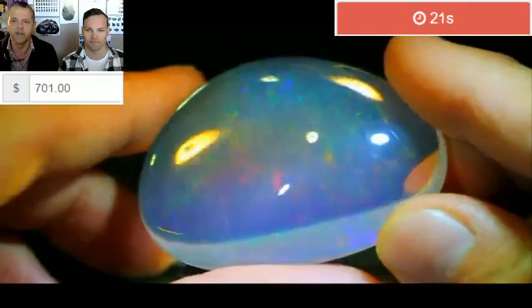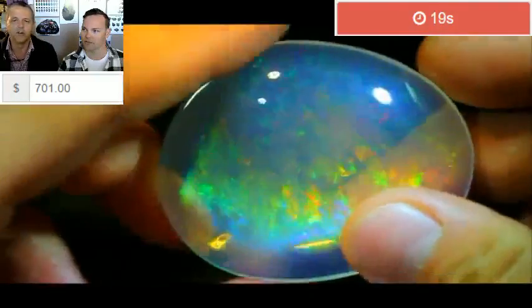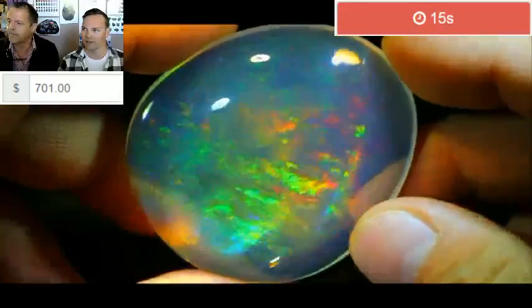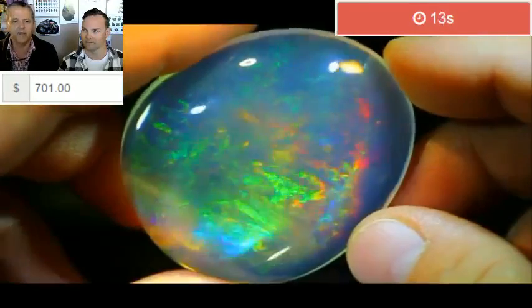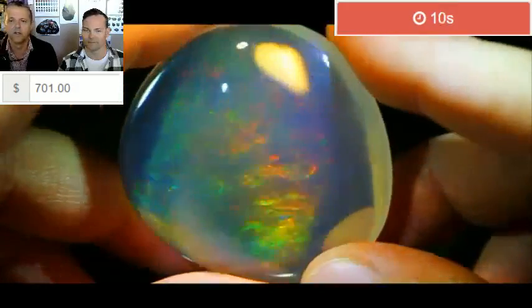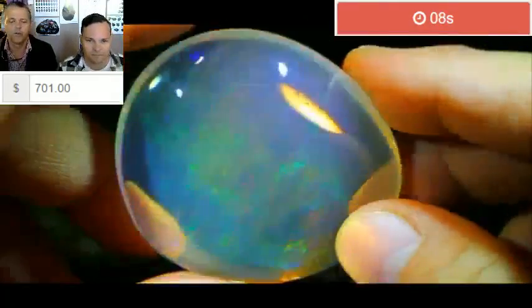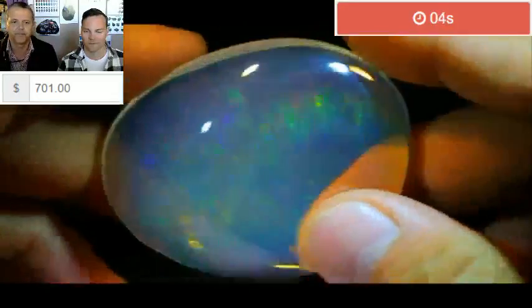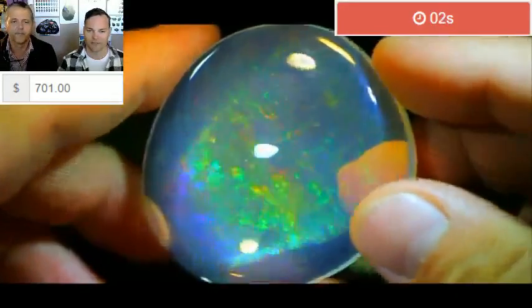Look at that coming, 20 seconds left on this auction. $700. You couldn't go to Ethiopia and buy it for that. People probably don't appreciate that. It's a rare item, this one, actually. We'll see what we can do. That is beautiful. If it doesn't sell here and you're interested in this stone, make sure you...